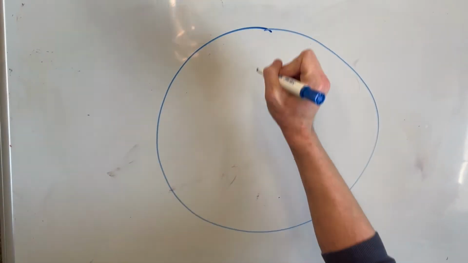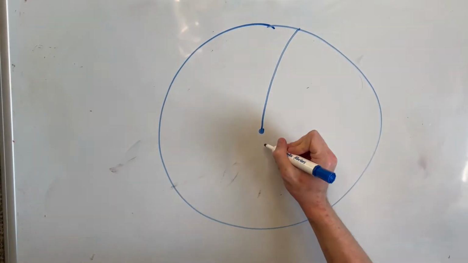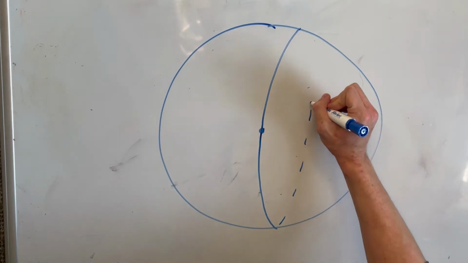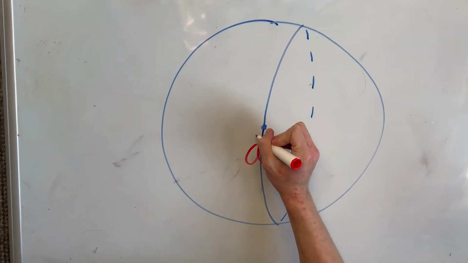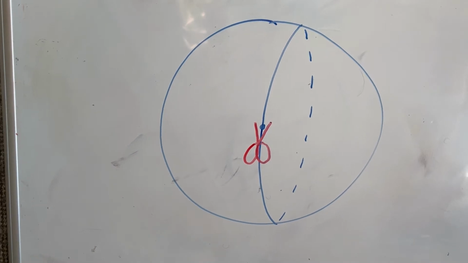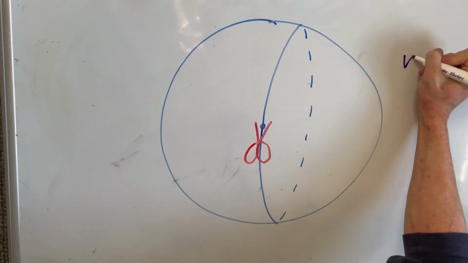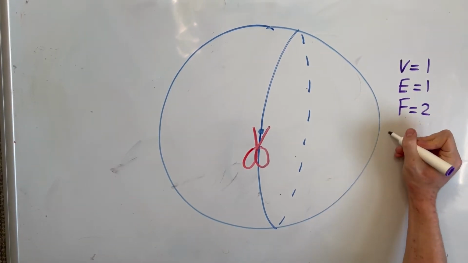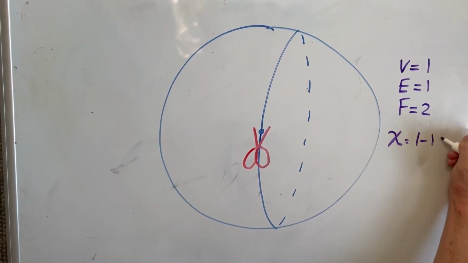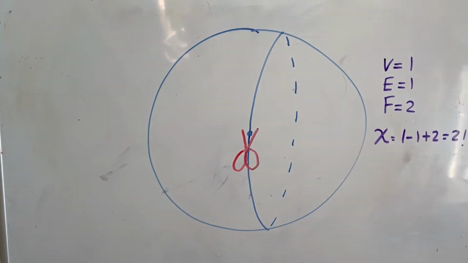This idea can be further generalized to the curved surface of a sphere. We can draw a point on the surface of a sphere and an edge around its circumference. If we define the number of faces as the number of disconnected surfaces generated by cutting along all edges, we generate a system with one vertex, one edge and two faces, giving an Euler's characteristic of 2, showing any polyhedron could be deformed into a sphere.